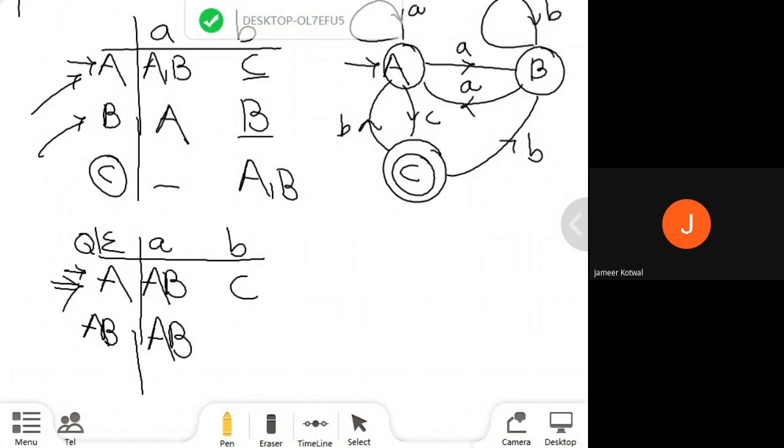After processing B in state AB, what will be the output? CB. Yes, it will be CB, but put it in sequence, it is BC.